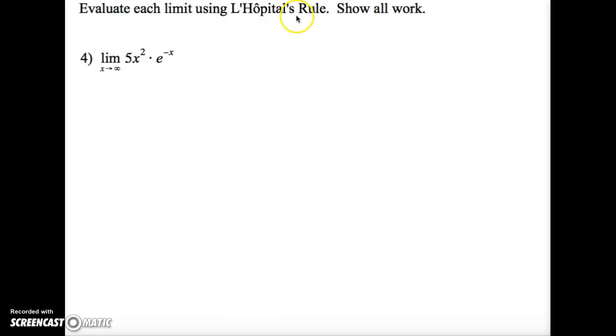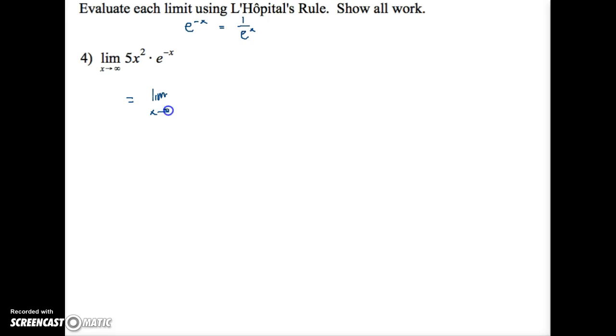We can use L'Hopital's rule, but that works when we have quotients. So we have one function divided by another. So luckily, I can rewrite e to the negative x power. Since this is a negative exponent, I can rewrite this using my properties of negative exponents as 1 over e to the x. Okay, so now I can rewrite this as the limit